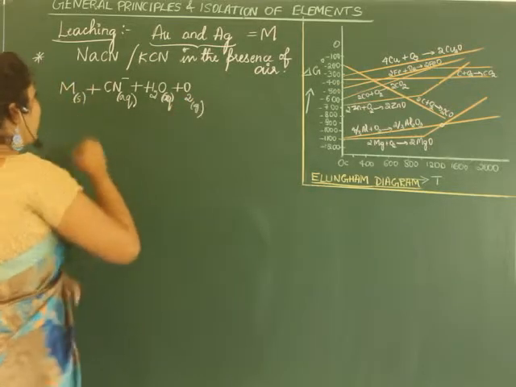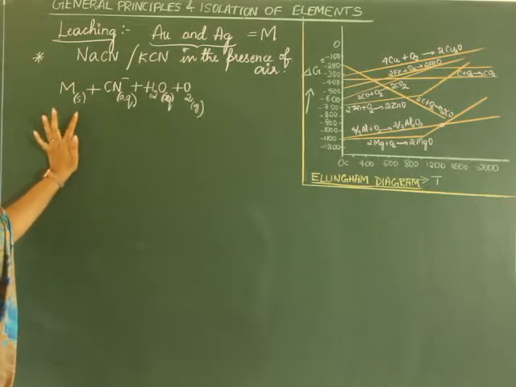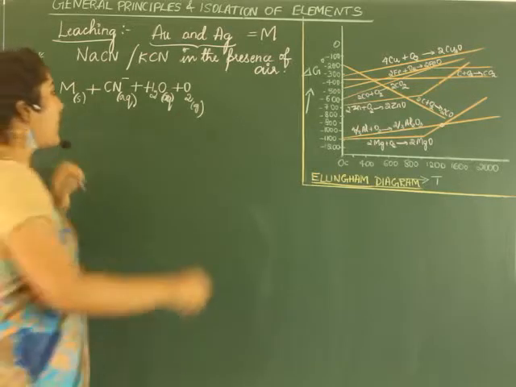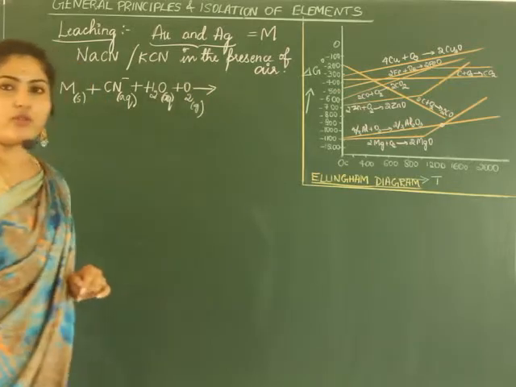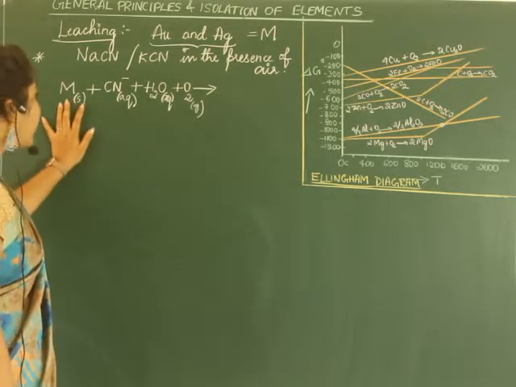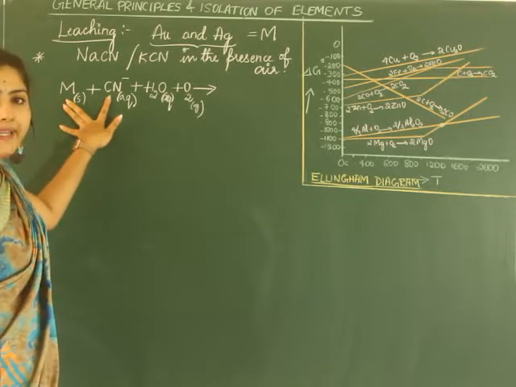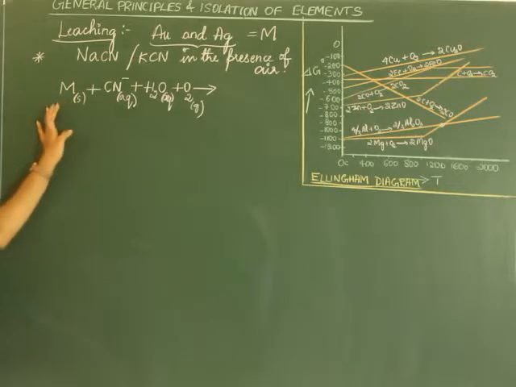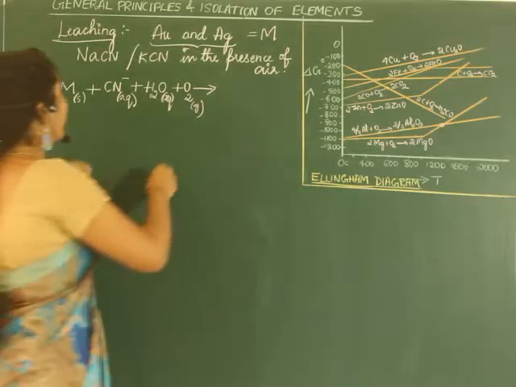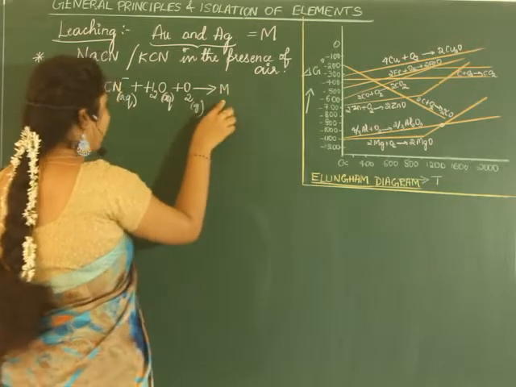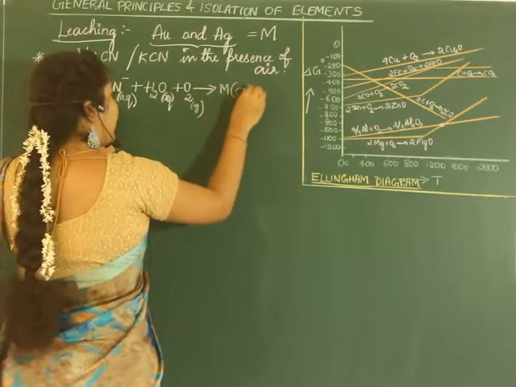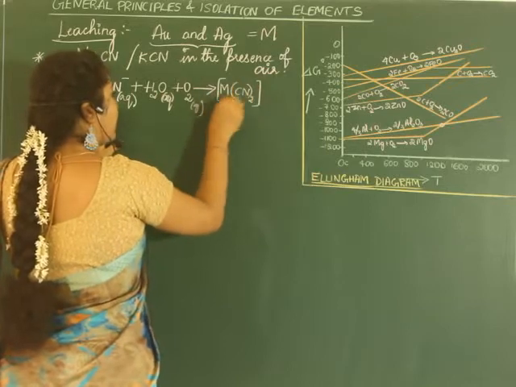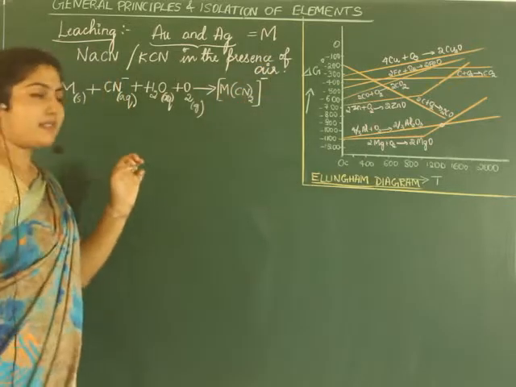So the metal ore, usually it will be in the solid state, right? Now what do you get? I have told you it forms a complex. What complex will be formed? Here metal cyanide complex will be formed. Here generally we have taken the metal ore, so that is fine if we write it that way. Okay, now the metal cyanide, M(CN)2 minus. This is a complex form.